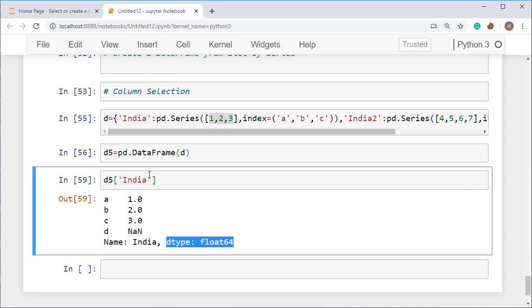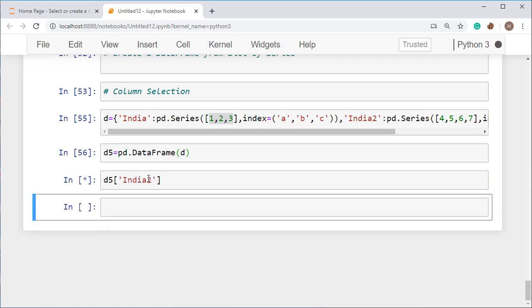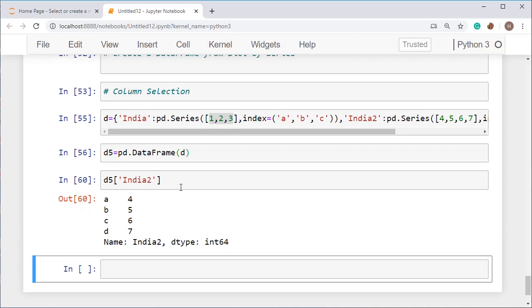You can also make selection by using India 2. You know that all the key values are converted into columns, so this one is considered as column selection. You can also go for the row selection. Okay, so now I am going to show you how to add two columns.